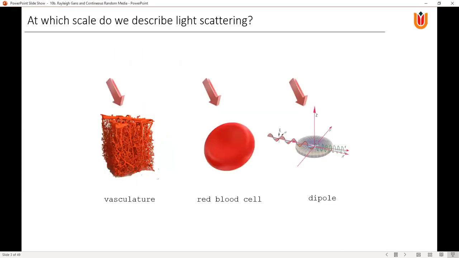So the perpetual question is, at what scale do we actually describe this interaction with light? I've defined before these 3 scales. We can look at the molecular level, or even smaller at the dipole level, or at the level of the particles, a particle that is well defined compared to wavelength, so you can actually define a good solid dimension to it, or you can scale it up even further and look at not just particles, but bulk tissue volumes,